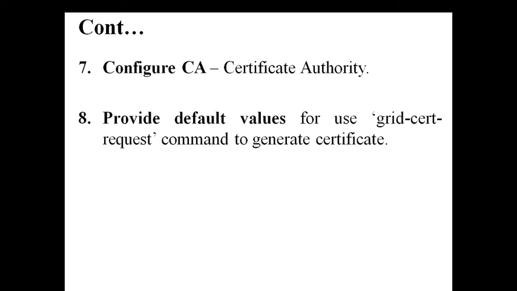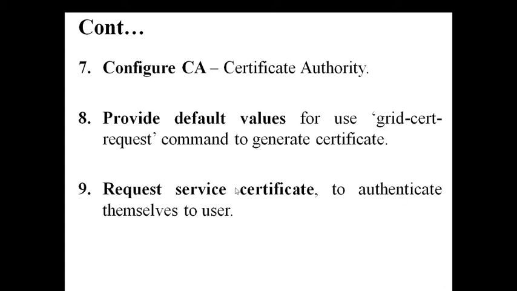See, a person who is able to identify you and introduce you to any other person is called a certificate authority. Without his certificate about you, you are not able to access any other data or services. Right? He is called a certificate authority. For that, you have to provide the default values, meaning your name, your email ID, any other specific marks of you, like that. Okay, so request certificate.